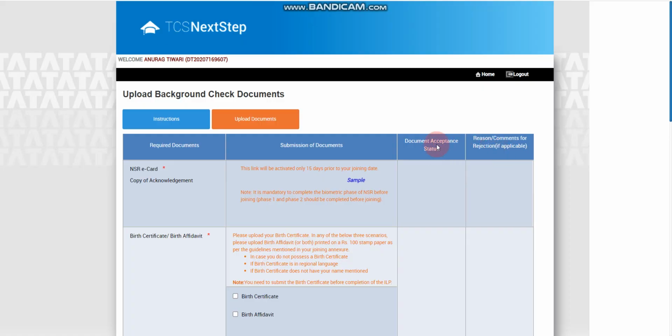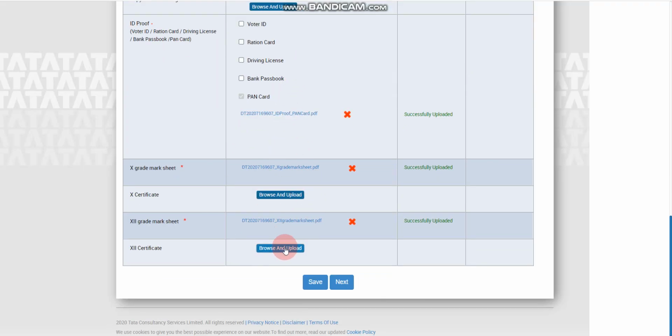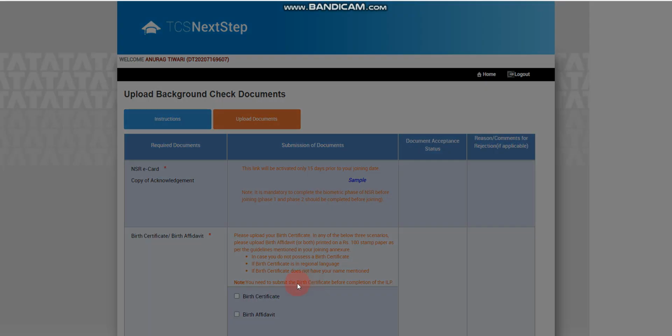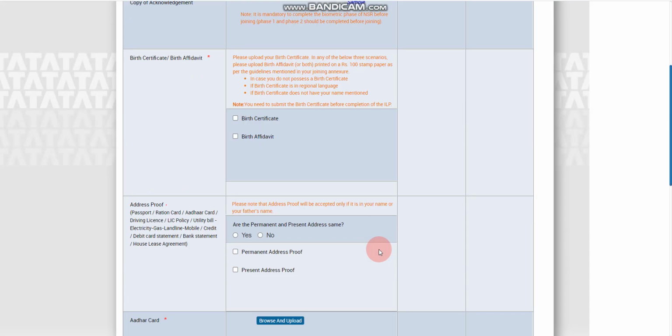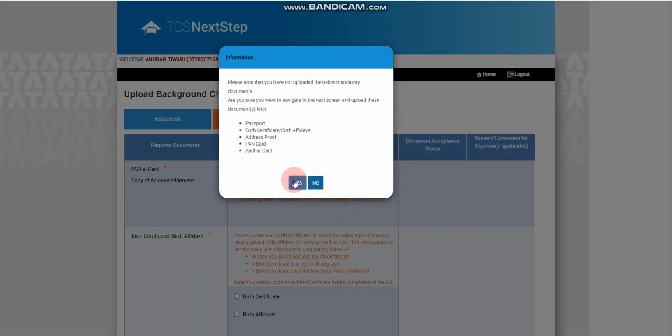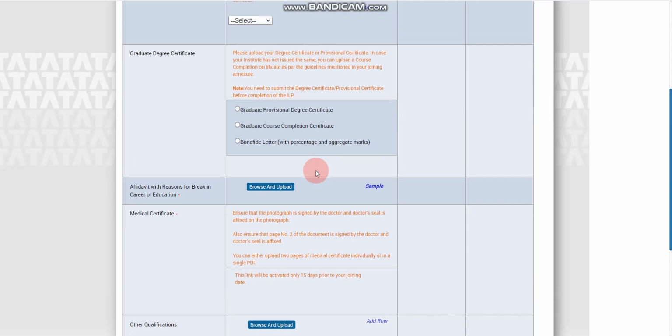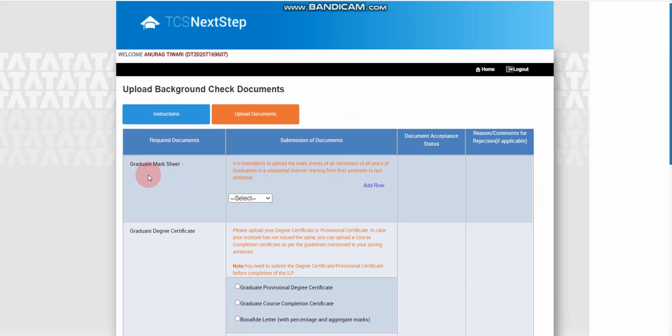Now you can submit all the details. After that you can click on save and exit. So you can fill all the things. Click on next, click yes. You can see there are some more things, like you have to enter your graduate mark sheet.